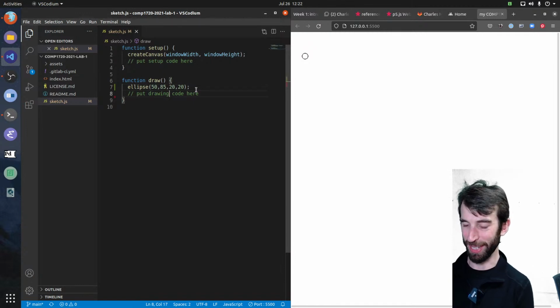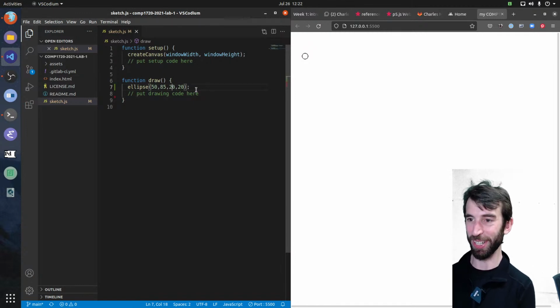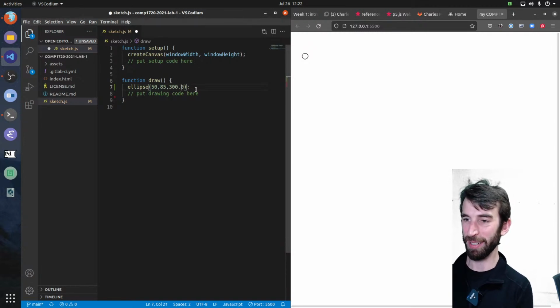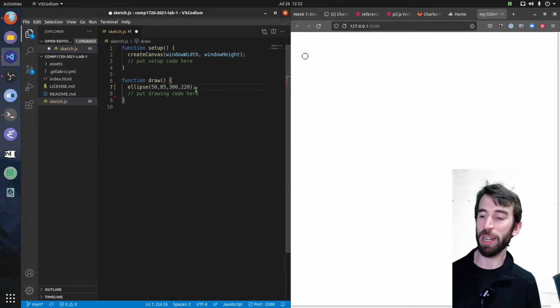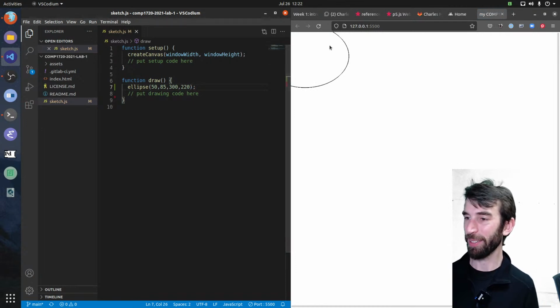I've got 2 computers here so I can see what's going on while giving the lecture. I'm going to make it at least 3 times the size, or 300 by 250. So it's not going to be a circle anymore, maybe a bit smaller on that dimension. It's going to be a weird oval. How do I display it now? Well, I'm already running my live server to show the sketch. So all I have to do is save this file and it updates. There it is. You can see that I now have the center of the circle is about there.